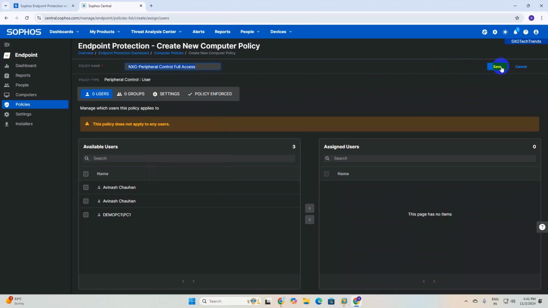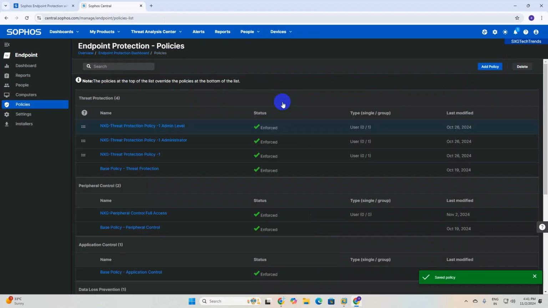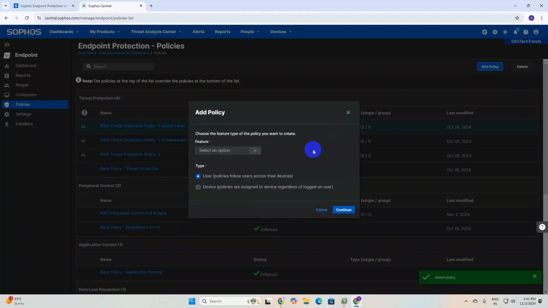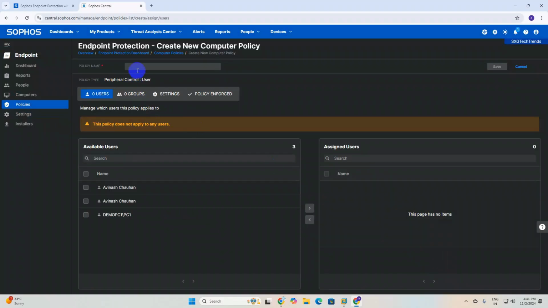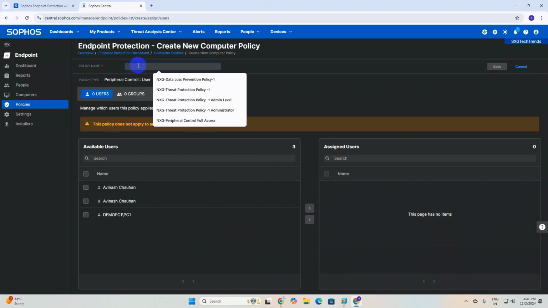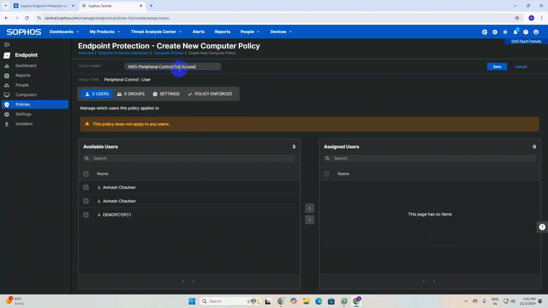Click on save. Then again I am going to create another policy in the same group. Select network peripheral control, click on next, then click here. I have created full access and full block.